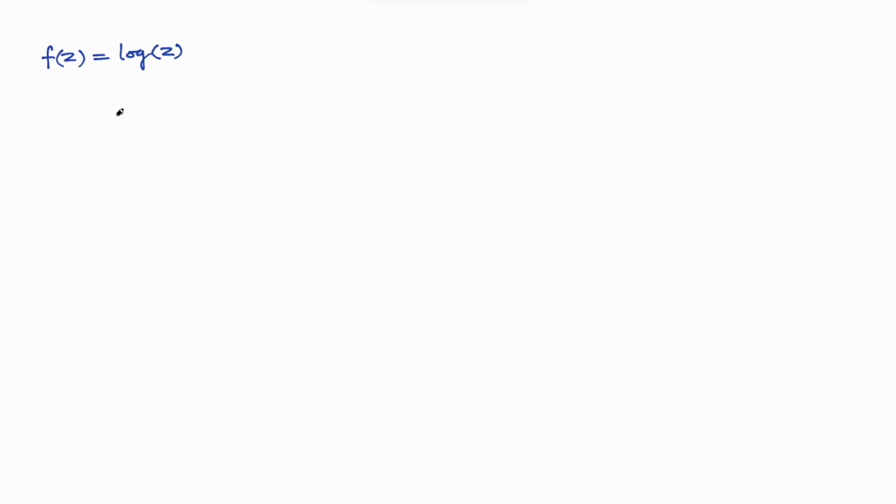Okay, so this can be written as ln |z| plus i times the argument of z, right? That can also be written as ln r plus i(theta plus 2n pi), where n belongs to Z, right? So it means that